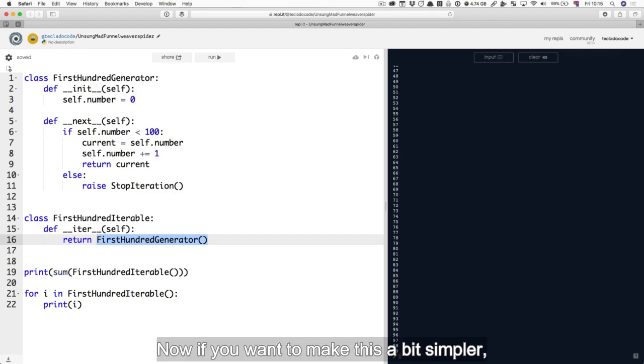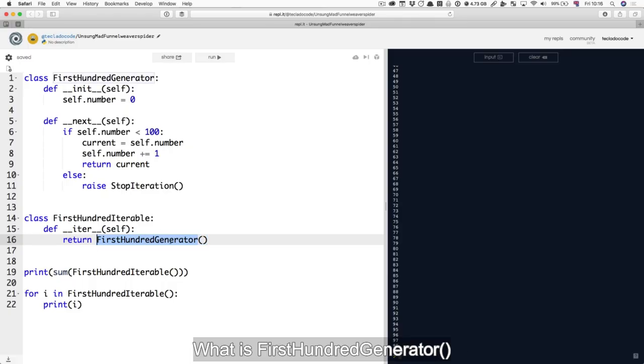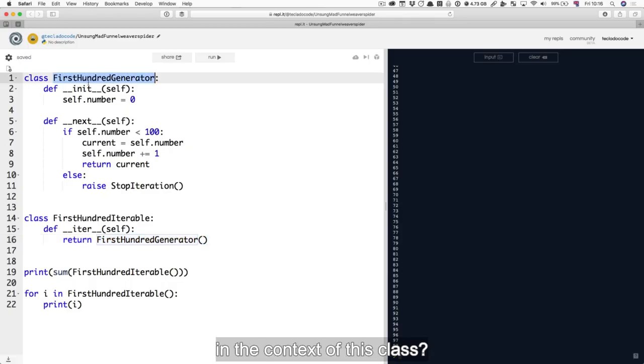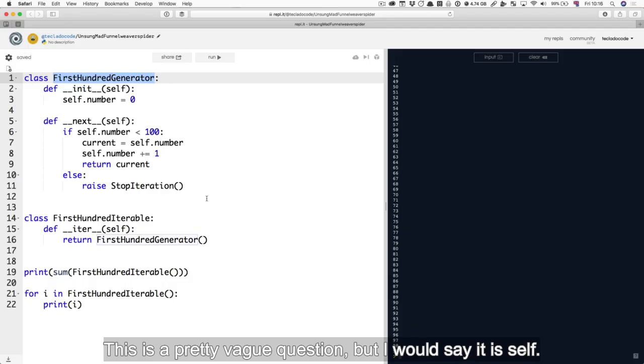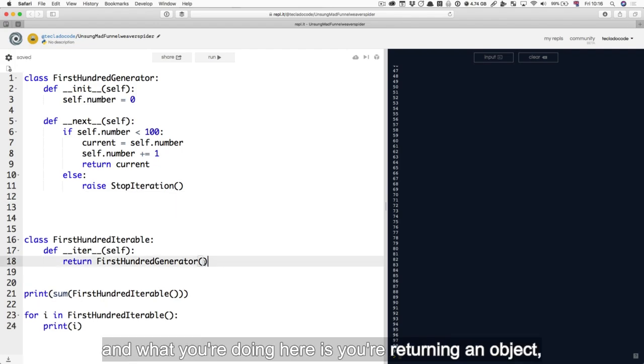Now, if you want to make this a bit simpler, which you can do, instead of having a separate class returning the first 100 iterator, you can ask yourself, there's this __iter__ method here that is returning an object of this type. What is first 100 generator in the context of this class? It's a pretty vague question, but I would say it is self. Self is always the current object, and what you're doing here is you're returning an object. So surely you can do